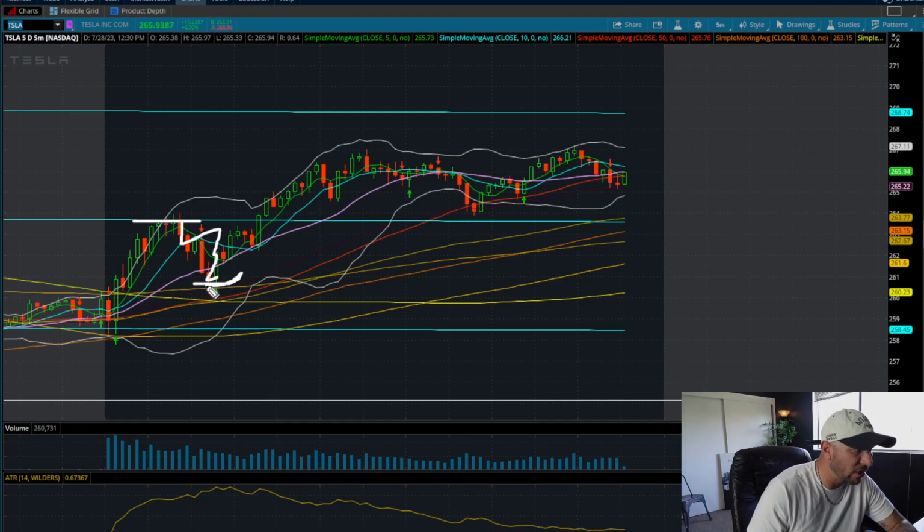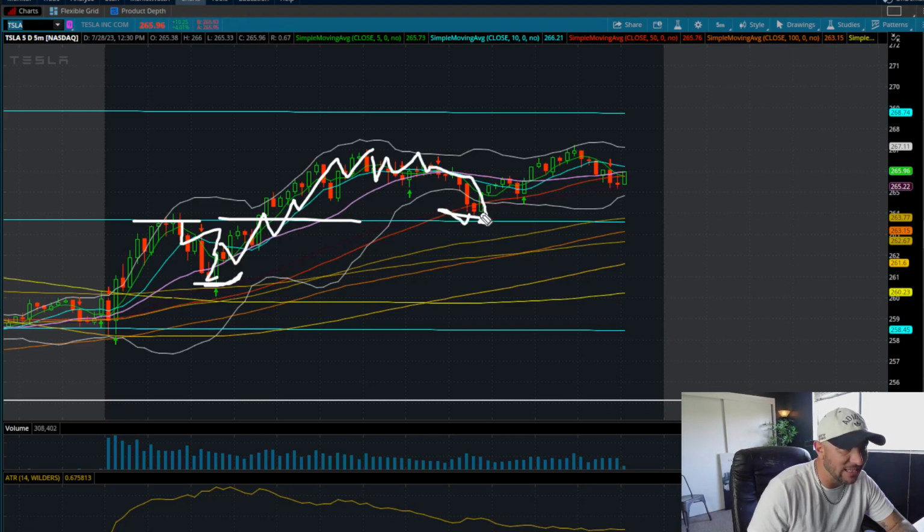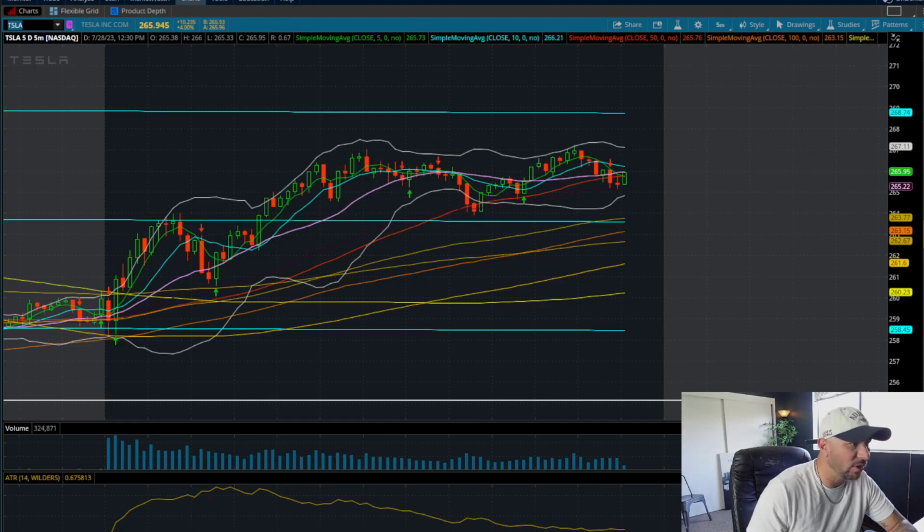Pulls all the way back to the 20, catches it, continues to break the supply zone of the linear regression channel here, trickles around, back tested at one point in the day, bounced off of that, and so forth. As soon as you guys get comfortable taking these trades, things start to work out a lot more in your favor. Again, don't be scared, don't be hesitant, but this is how fast I'm going through that.